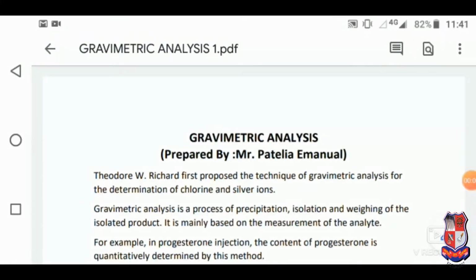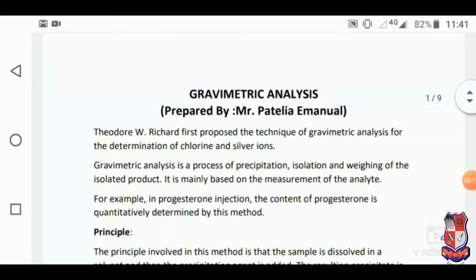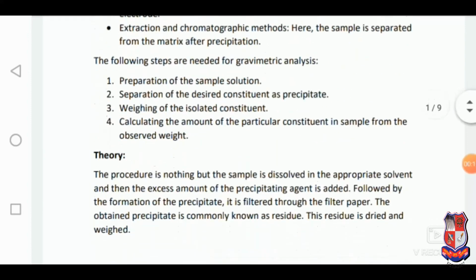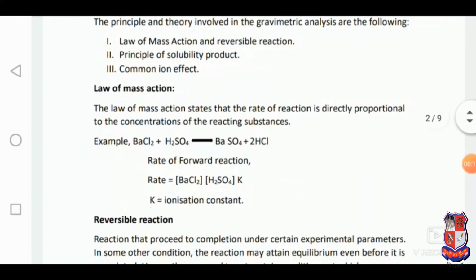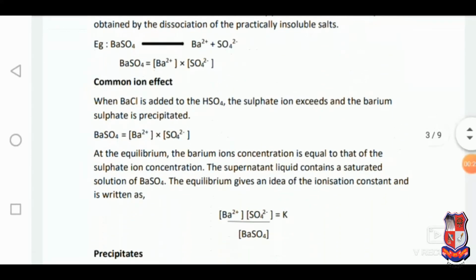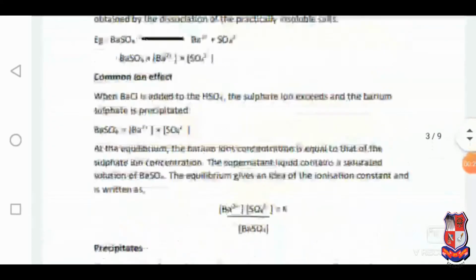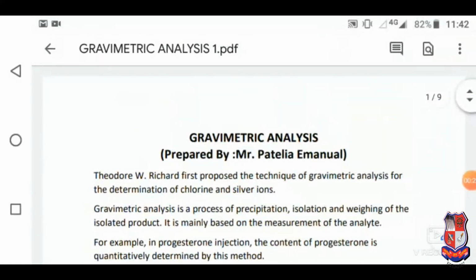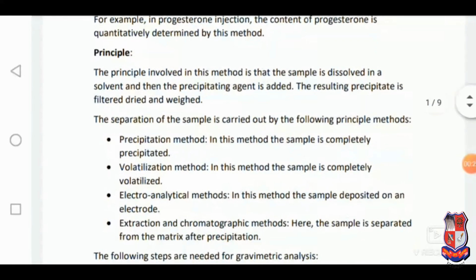Good morning, friends. Today we will see about the gravimetric analysis, and it is the main chapter in the first semester of pharmaceutical analysis subject. In the gravimetric analysis, we will discuss about the principle, theory, various types of application as well as advantages of gravimetric analysis. So, starting with the principle of gravimetric analysis, it is a type of